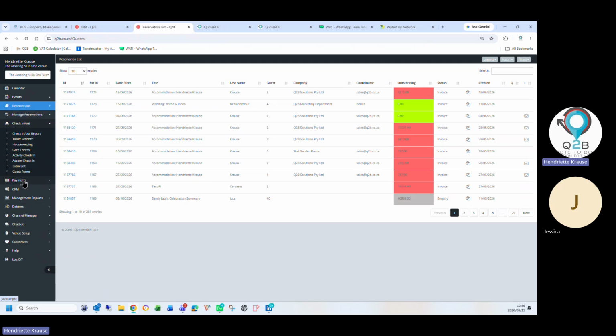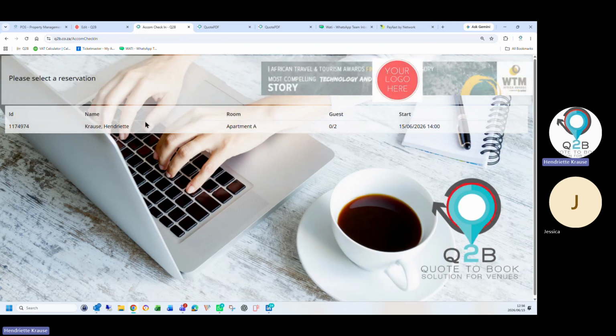Let me show you the check-in app for my booking that I made for today. So there's the check-in app. We also offer the check-in app with a link where you can pre-send it to a customer to pre-check-in, a QR code that you can have at your desk or in the room that they can scan, and then they can complete your check-in process.